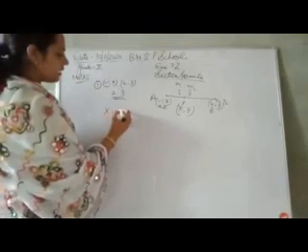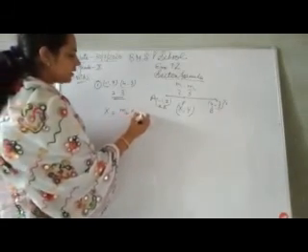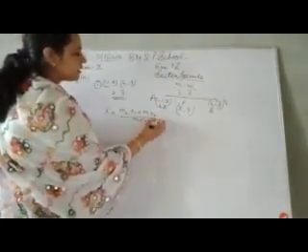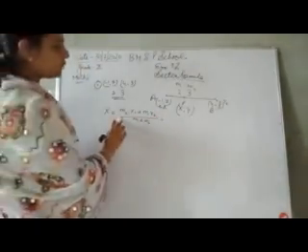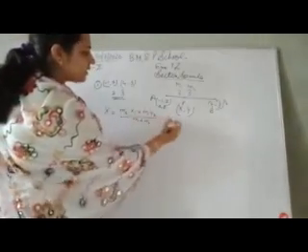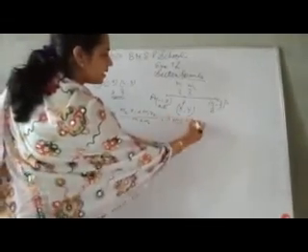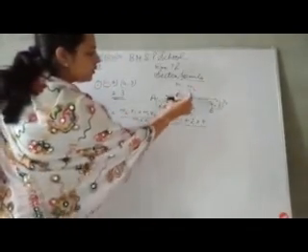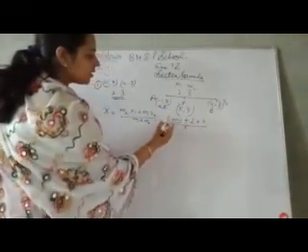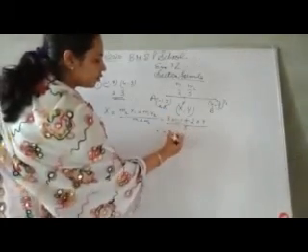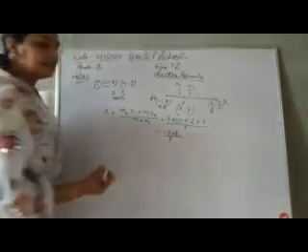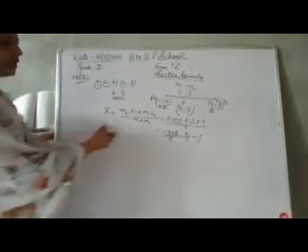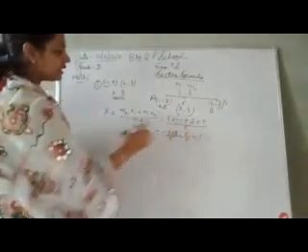So for x, the formula is (m2 x1 plus m1 x2) by (m1 plus m2). This is the section formula. So m2 is 3, x1 is -1, plus m1 is 2, x2 is 4, divided by m1 plus m2, 2 plus 3 is 5. 3 into -1 is -3, 4 twos are 8, by 5. -3 plus 8 is 5, 5 by 5 is equal to 1. So the x coordinate is 1. P's x coordinate is 1.